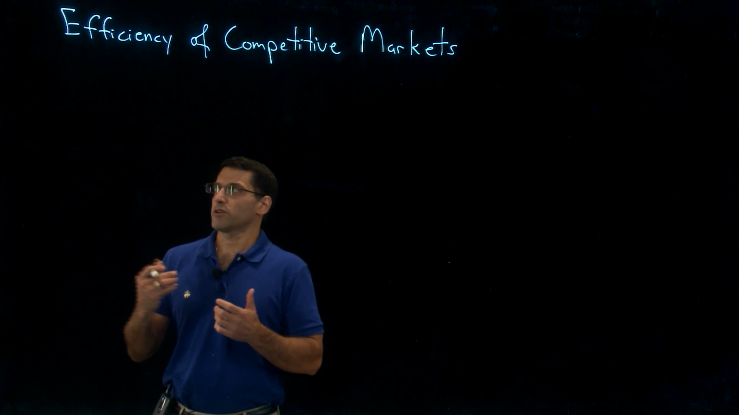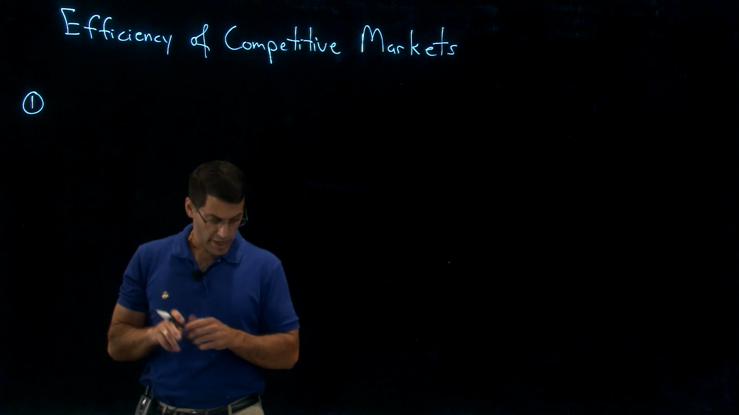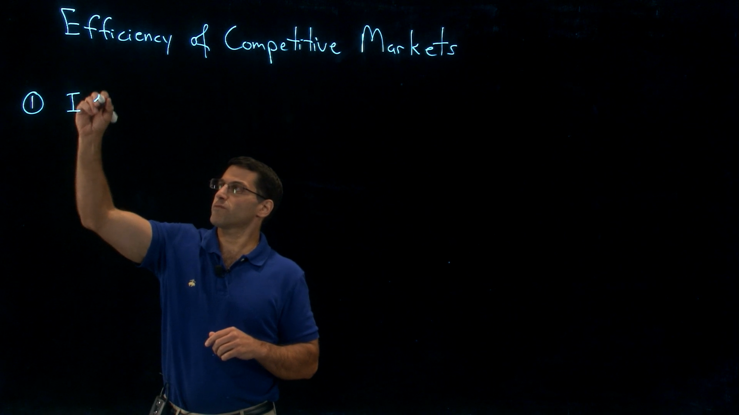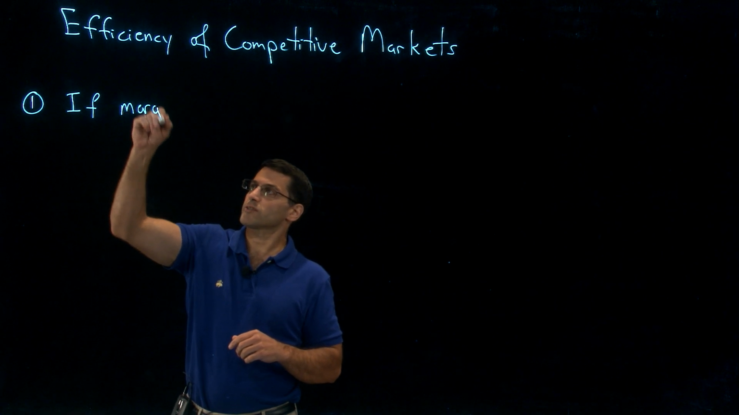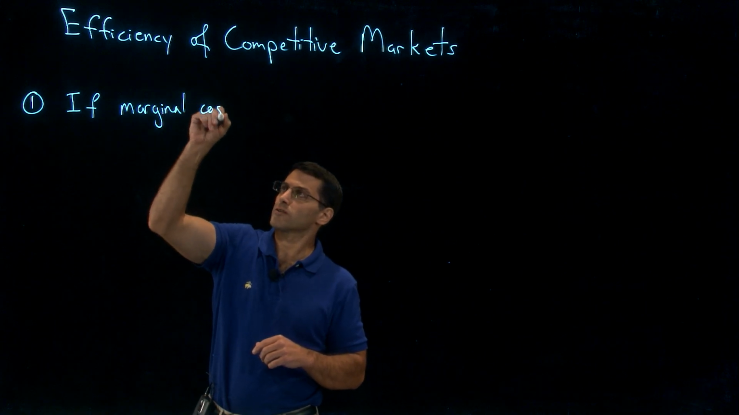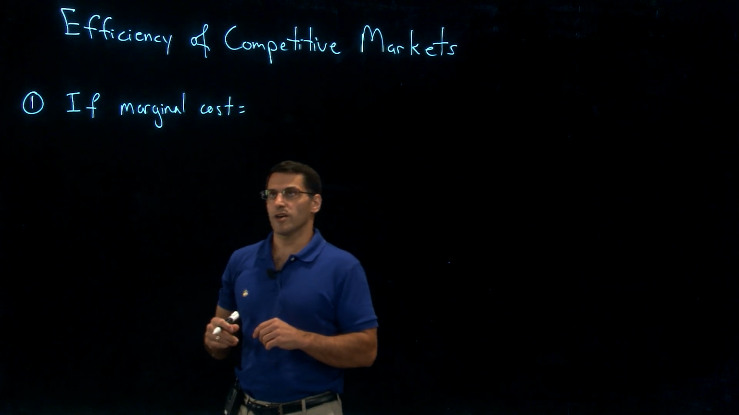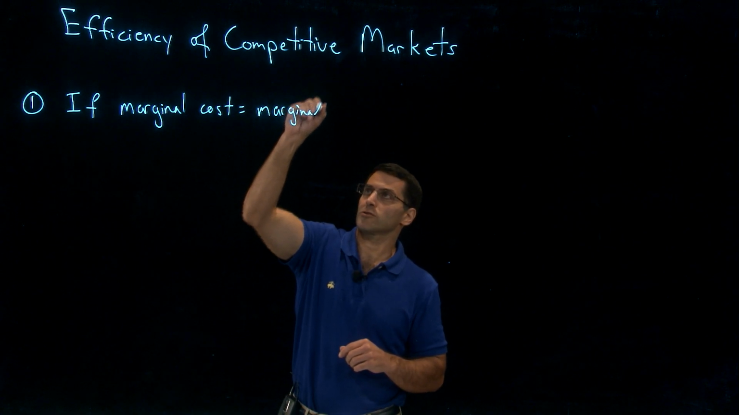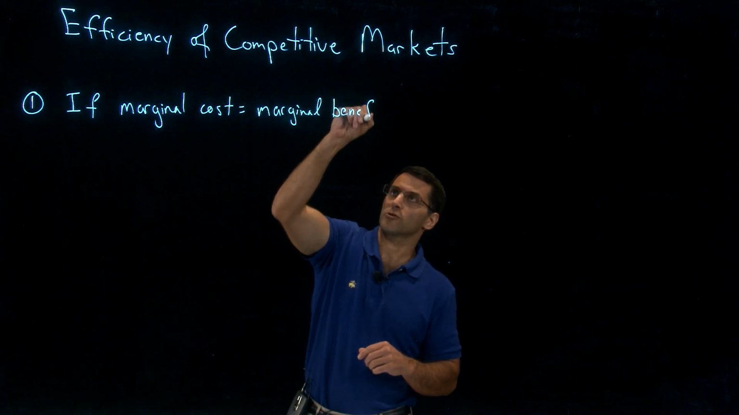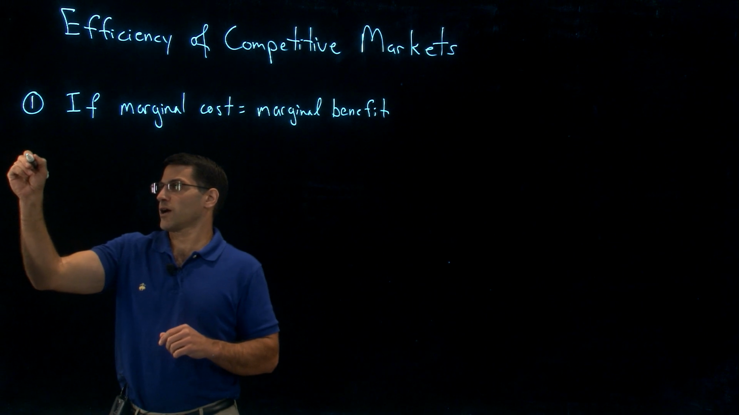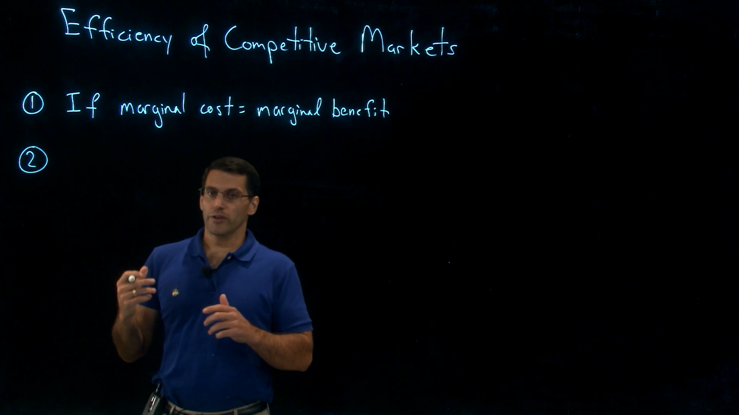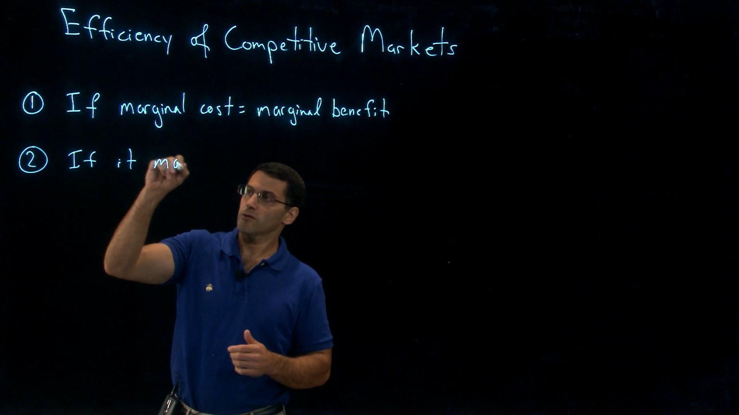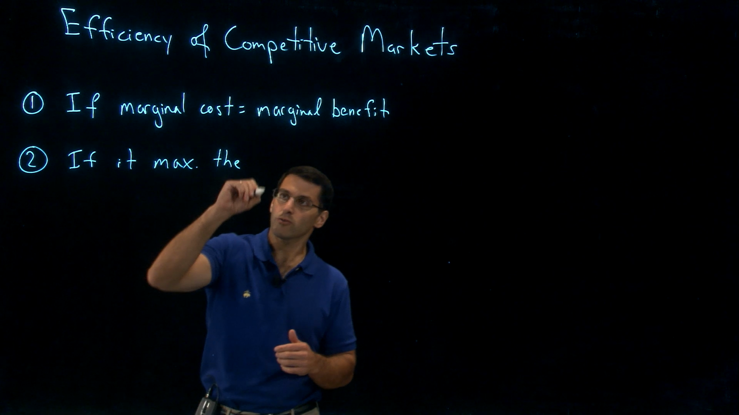So there are two ways you can think about what makes a market efficient. Well, one way to think about it is that the market is efficient if the marginal cost of the last unit produced equals the marginal benefit. The second way to think about it is that a market is efficient if we maximize the total surplus